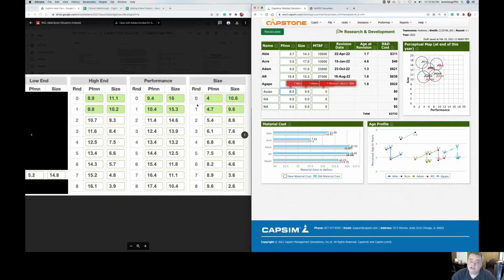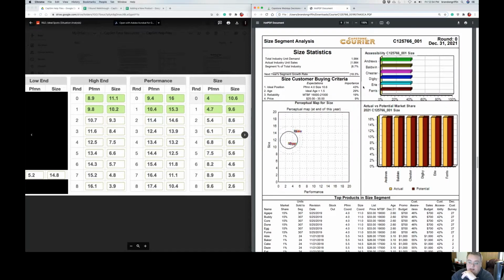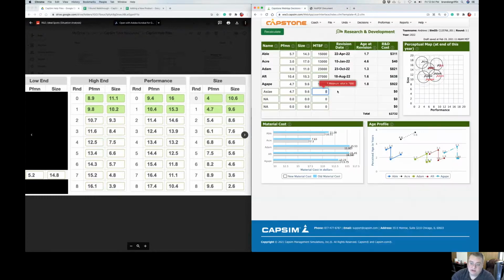So now, if this product were already established, we'd go ahead and put in the round 1 characteristics. So 4.7 for performance and 9.6. And we'd look at our MTBF, the reliability, and we see that it's in 3rd place. So the higher it is, the more we want to do, the lower it is, the less we want to do. So we're going to leave it in the middle, and we're going to put it at about 19,000. And we're going to hit